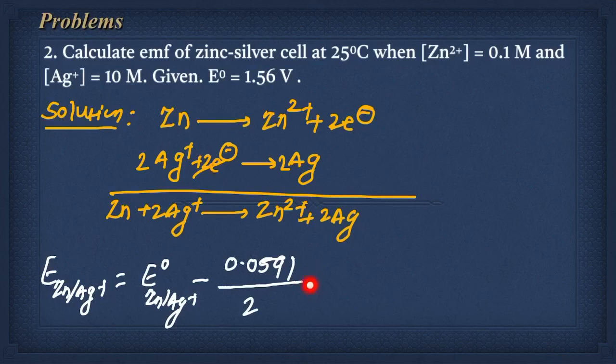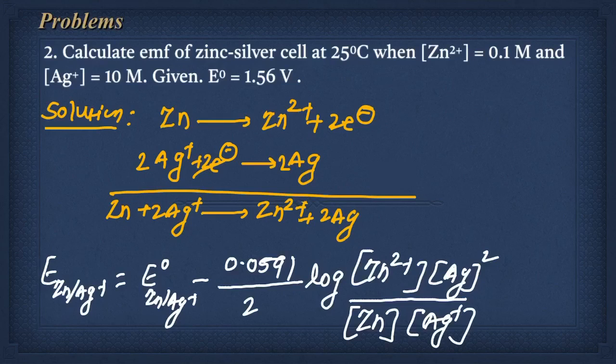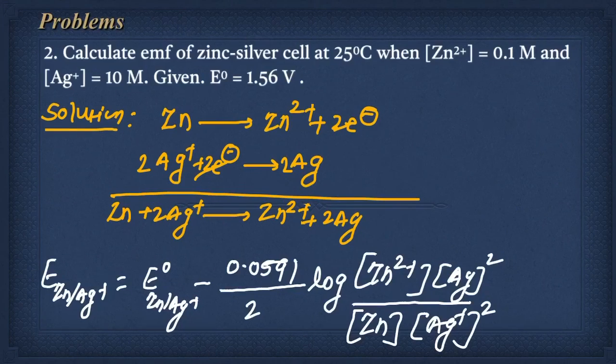Now just put the concentration in the log. On the product side there is the Zn2+ ion present and silver, whose reaction coefficient is 2, so we have to raise the power 2, divided by zinc, which is present on the reactant side, and silver Ag+ raised to power 2. Okay, after putting the value in this equation, we got